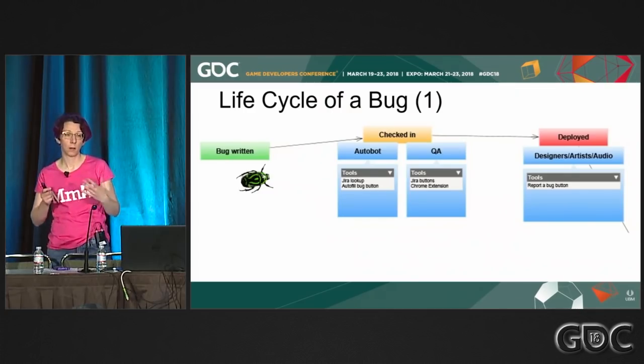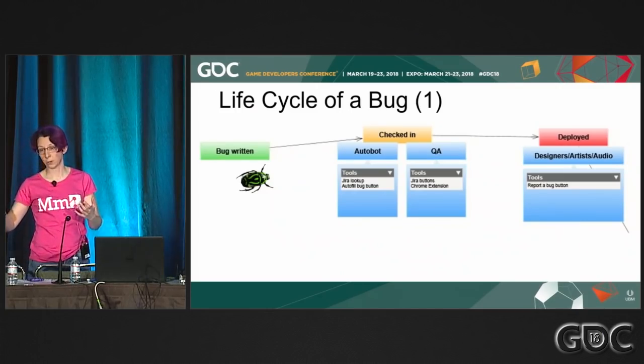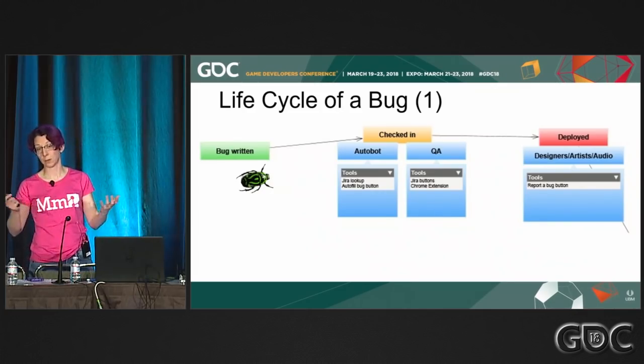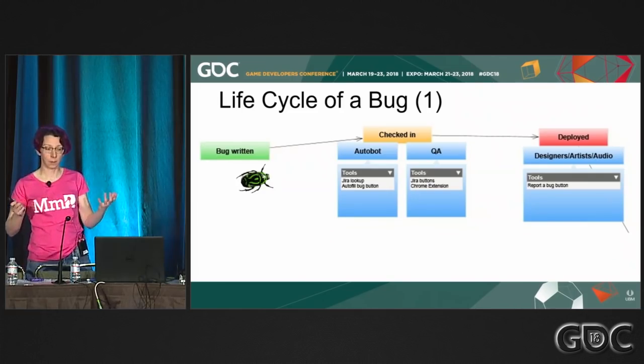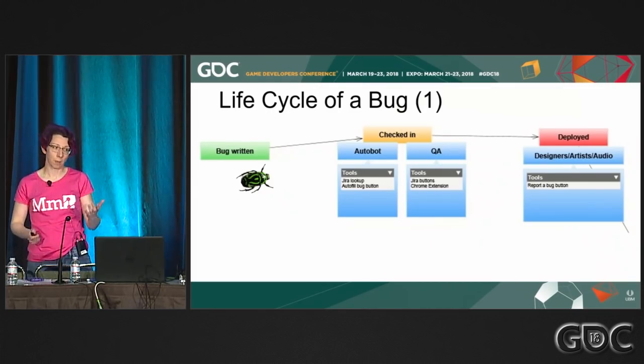So when they find a bug, what have we done to help them to report that bug, make sure all the information is accurate, and to attach information without having to faff around copying screenshots from one folder to another. We try and make everything one button click, so it's really simple. You don't get any mistakes and you don't waste time, which then frees QA up to break our game in new and inventive ways, rather than just going through the boilerplate stuff.